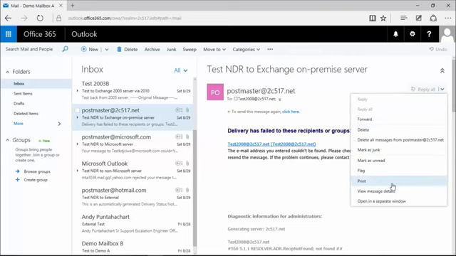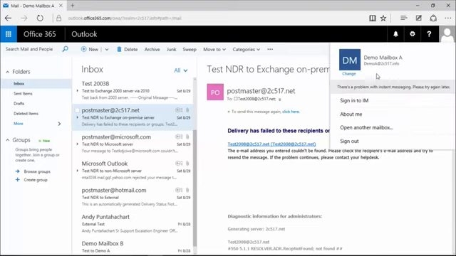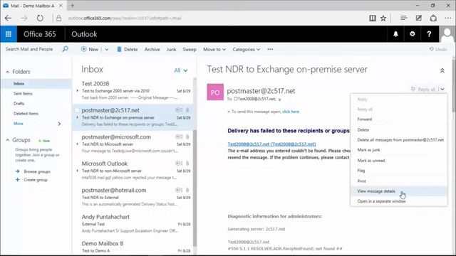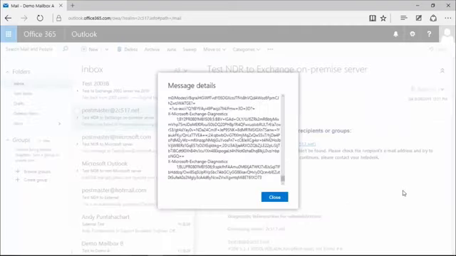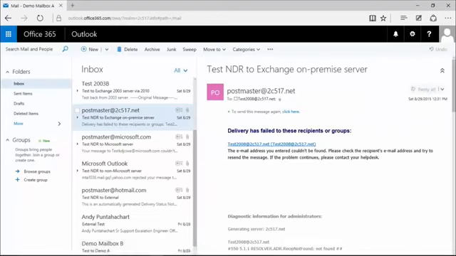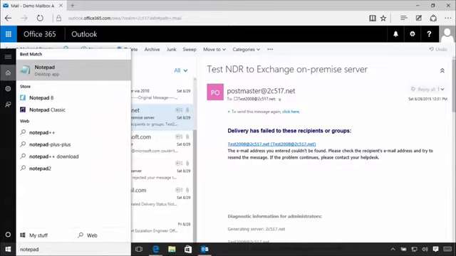And what I'll do is, if it was this user right here, it's the demo A user. Well, if I was on the phone with him, I would just ask demo A, could you go into the message where the NDR is, click on the arrow that's pointing down to view message details, take that, copy it all. Could you please put that into the Notepad,